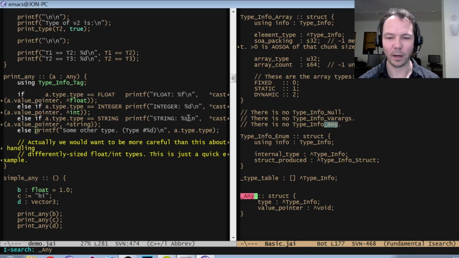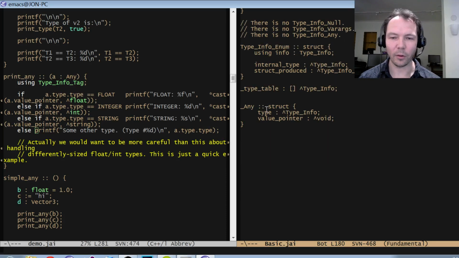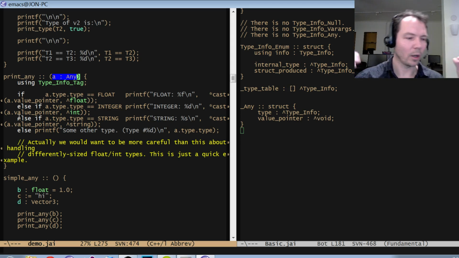So an any is basically a small struct that has a type info pointer as the first member, and then a void pointer to whatever value you're talking about as the second member, right? Now, the compiler will implicitly cast anything to type any, right? And in doing so, it'll give you the type info pointer and the value pointer. So now you can make a function that takes anything, and this is like a more informative and type-safe version of a void pointer, right? So print any, again, I could have elaborated this function to handle